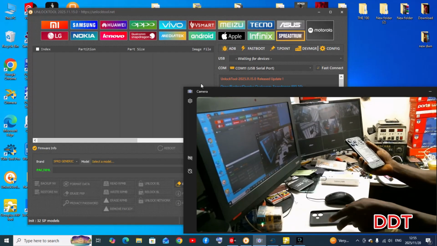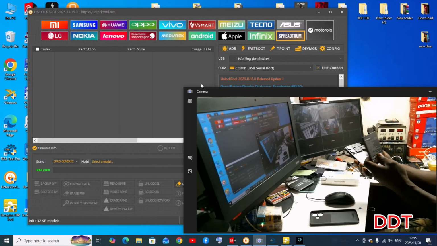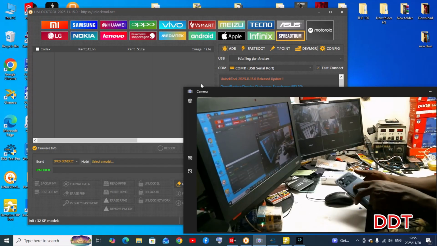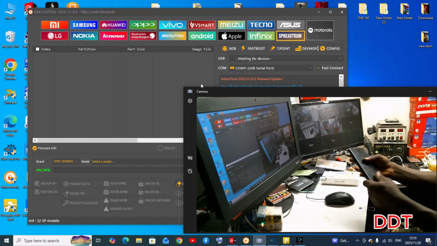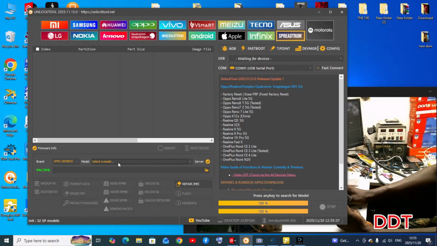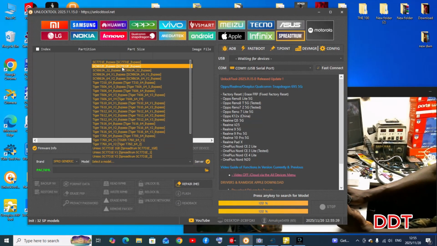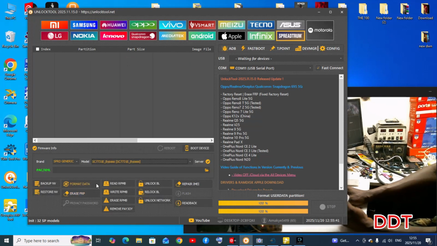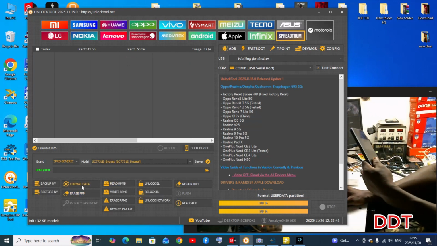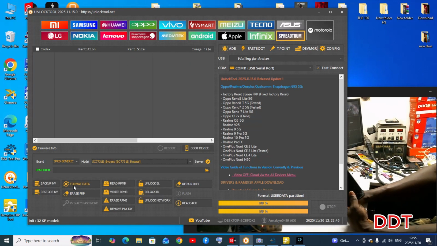Okay, this phone's battery can be removed, so it will be easy for me. So let me close it. Let's select the first CPU. As I said, let me select the first one. The phone is password locked, so let me select format data. You select format data,